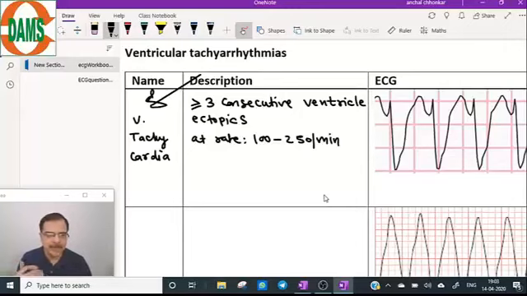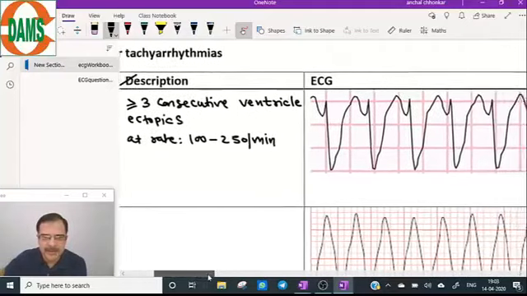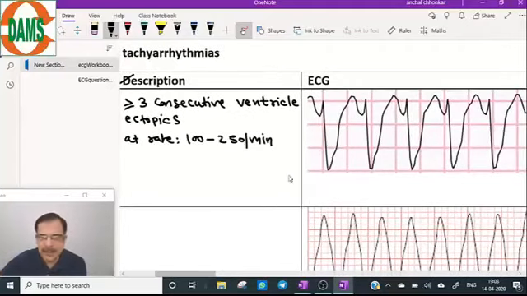Now, if you can recall the basic three, in the basic three we have done the normal depolarization and abnormal depolarization. So here it is an abnormal depolarization, and for example it is originating from the epicardial surface. This is just an example. The impulse is originating from the epicardial surface, so QRS complexes will be negative. So if we look at the ECG description of ventricle ectopics at a rate of 100 to 250.